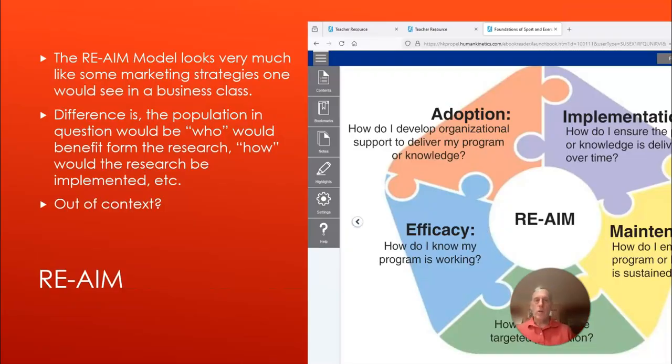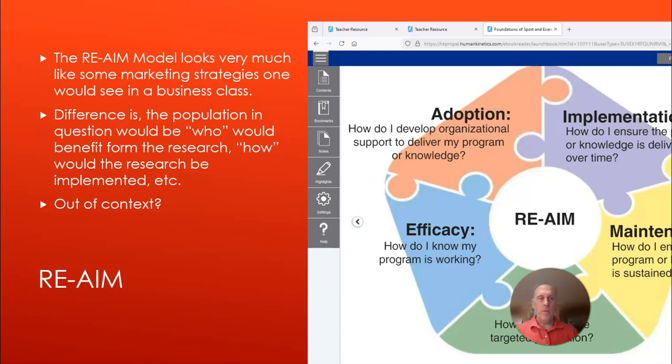They use the model, and they talk about the model of the RE-AIM, which almost sounds like you're in a business class when you talk about this. You start creating these data sets through research, and you have these studies that you do, a study and then an experiment, and the research supports these different things. And you look at it and you go, okay,